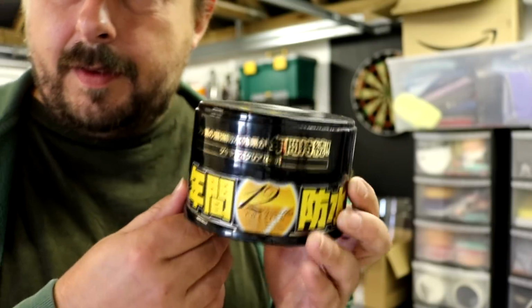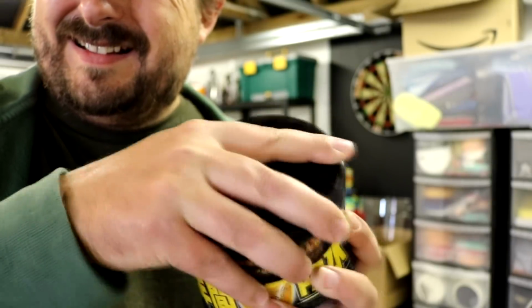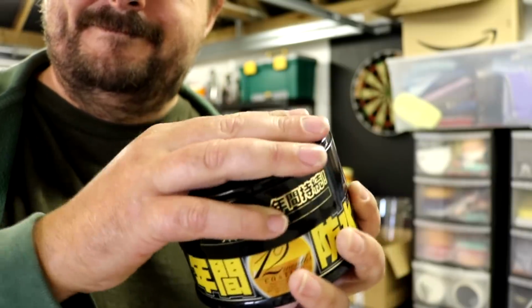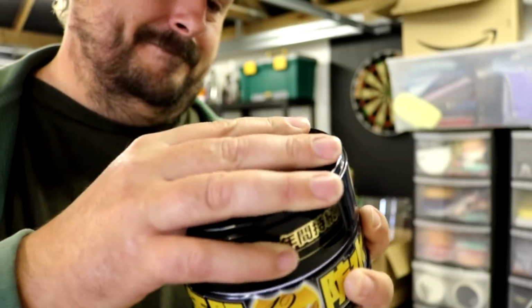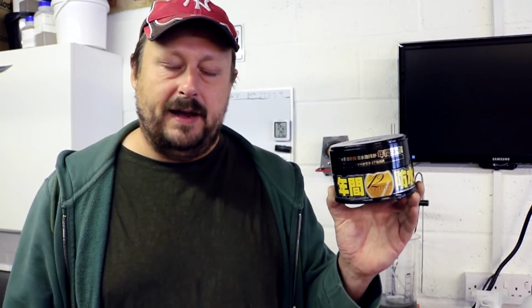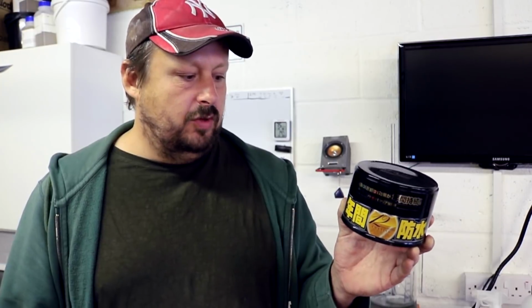Next up, we've talked about this one a few times on the channel, Soft 99 Fusso Coat. This car wax or sealant, whatever you want to call it, is about 21 quid, 21.95, and you get it from Nippon Shine. Jackie was the guy that brought it over, as I said in the review. The reason I like this product is because it's one of few products that costs this amount of money, or any amount of money, that's not a ceramic, that will do